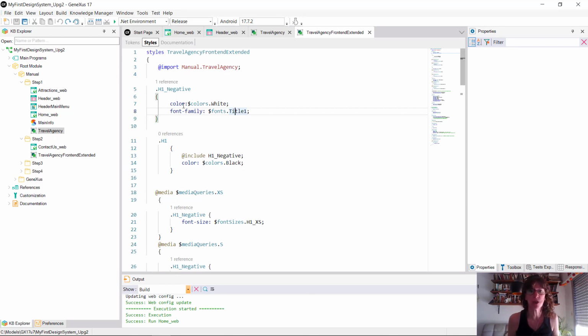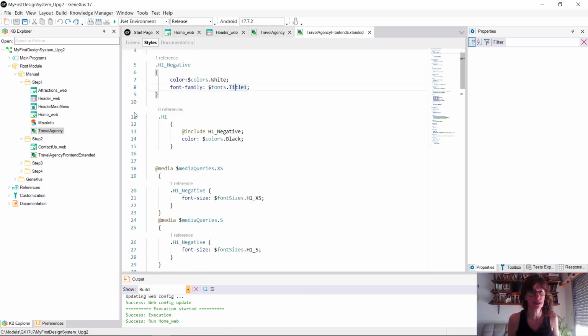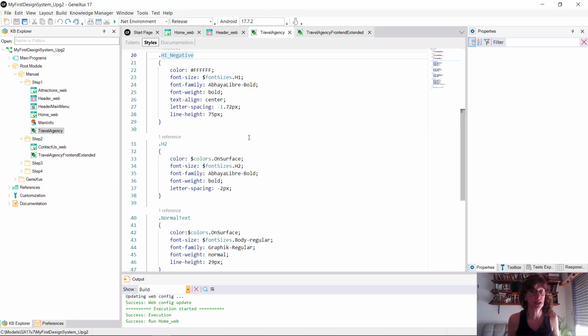So, I specified the H1 negative class for that because I wanted to modify two properties. And if we go into the H1 class, it did not exist in the other design system object. And I know that, for example, by pressing Ctrl F to search, and I specify .H1. And I see that there was no .H1 class.